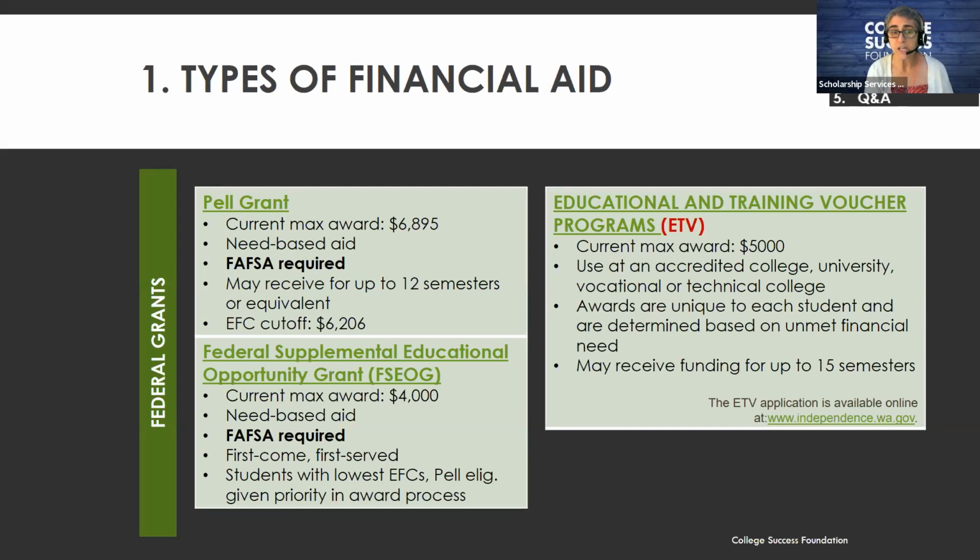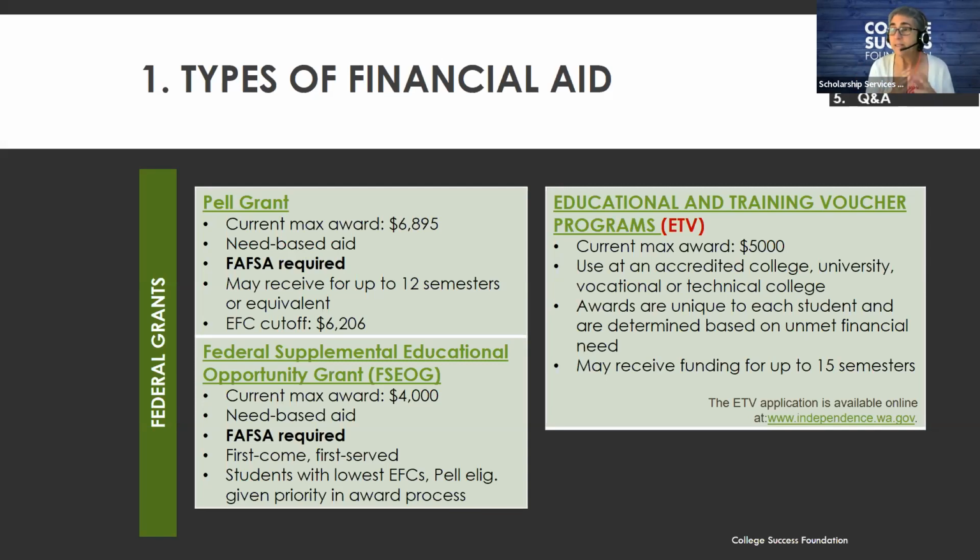The next program to mention here is the Federal Supplemental Educational Opportunity Grant, or FSEOG. That's a mouthful. The current maximum award is $4,000, but I have to tell you that in the past at least 5 years, we have not seen any student receiving that much. This is mainly because this program, the funds are allocated per campus, depending on the number of low-income students attending that particular institution and how the school